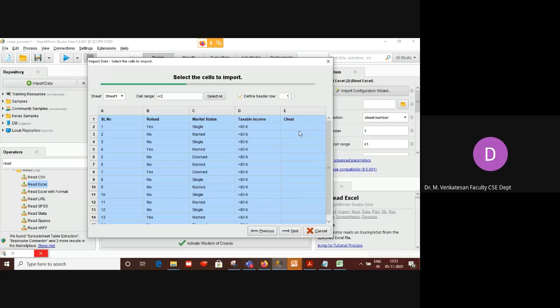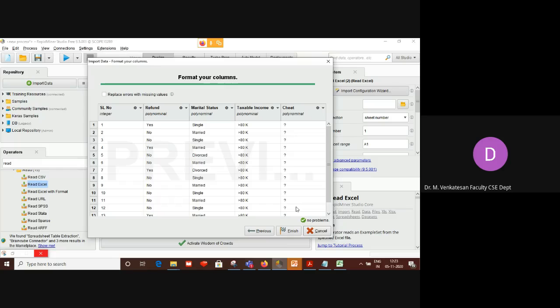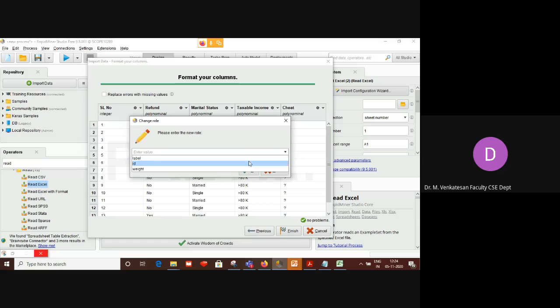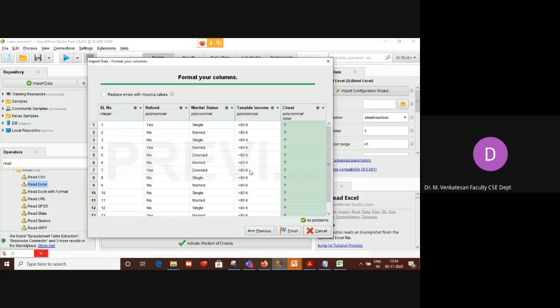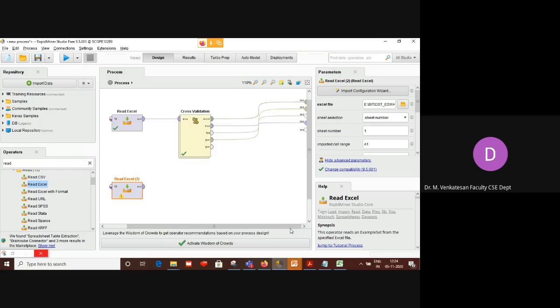Please keep in mind that I want to predict. Okay, next. And here also you have to say which attribute is the class label. So you can see under cheat there is a question mark, which is unknown. So make this attribute the label attribute, like how you did for input. Finish. Okay. So data is read here.